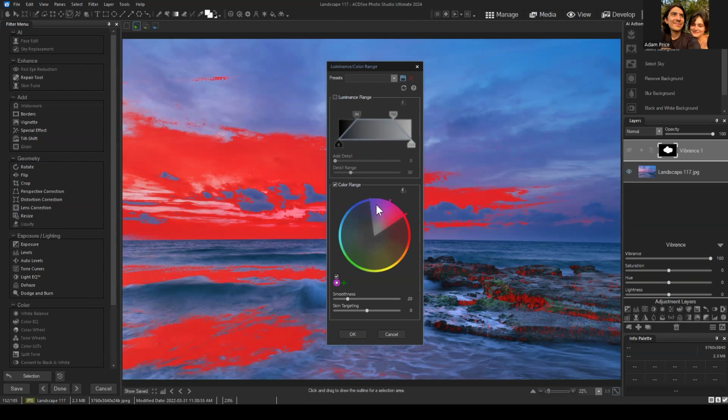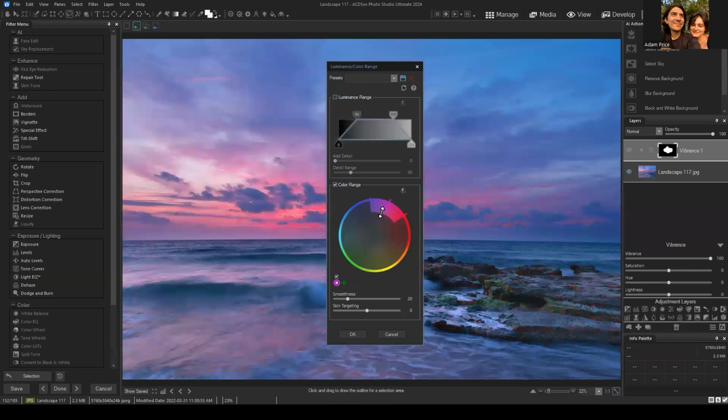What do I mean by saturation? Saturation is the degree to which a color is saturated, or in this case, how far it is away from a gray spectrum. Gray having no saturation, and a true hue having full or maximum saturation in this case. So when I pull this slider from the very center towards the outside of my spectrum,